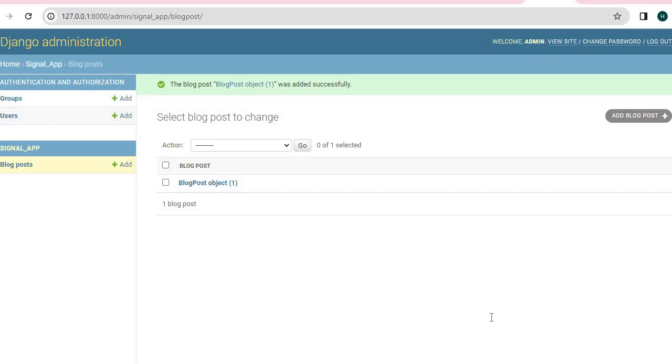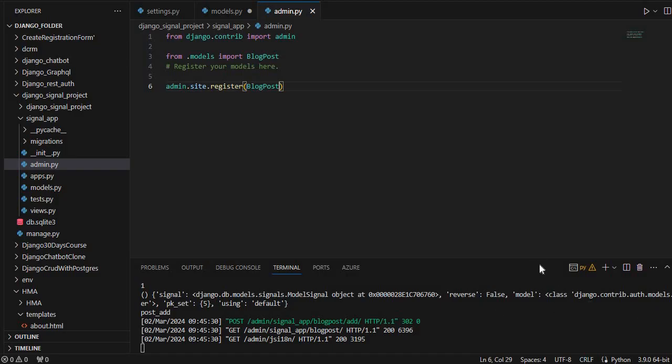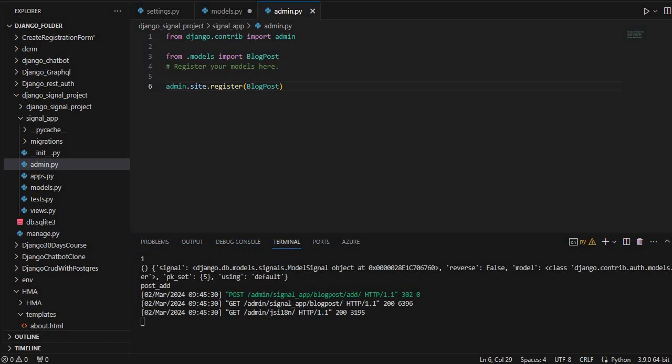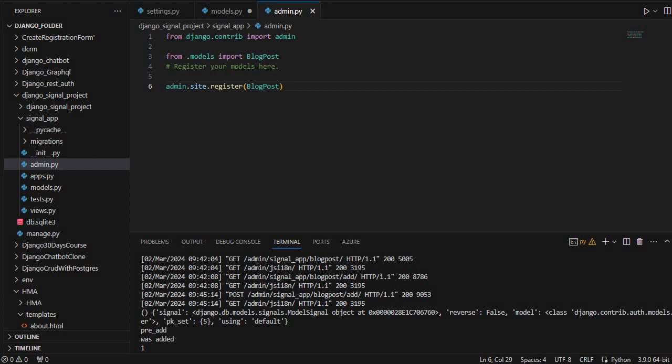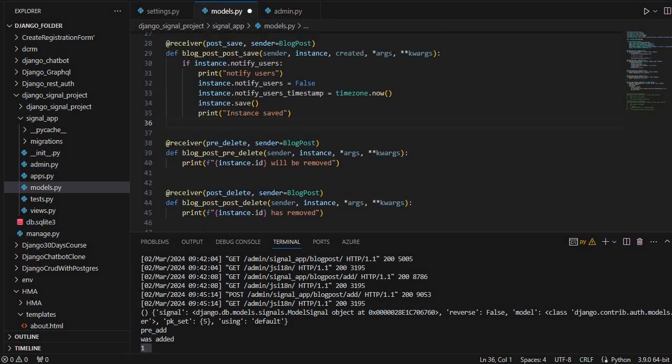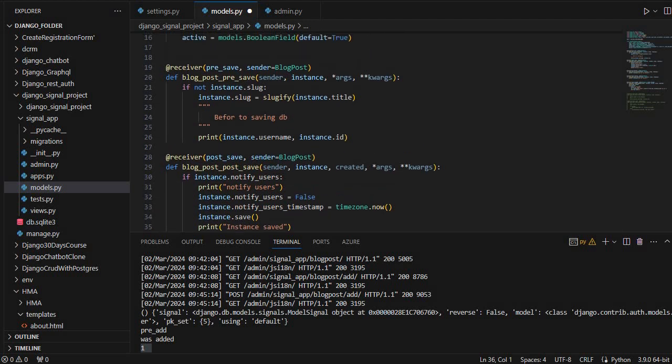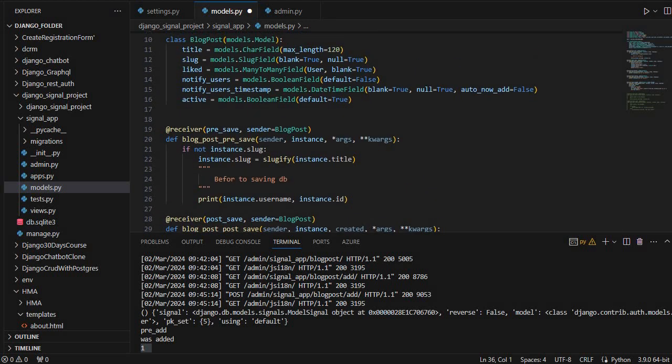See in terminal some change. As you see here guys, some change is happening because of my signals. And you see here signal django.db.models.signals.m2m_changed, and pre-add was added and one. Why am I getting all these things? Because you see here